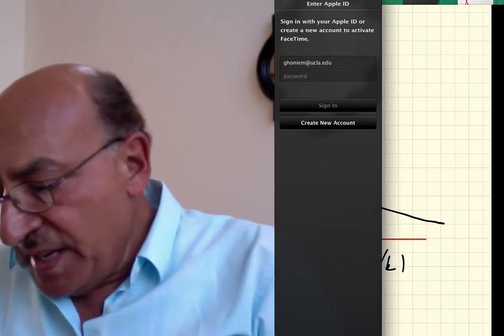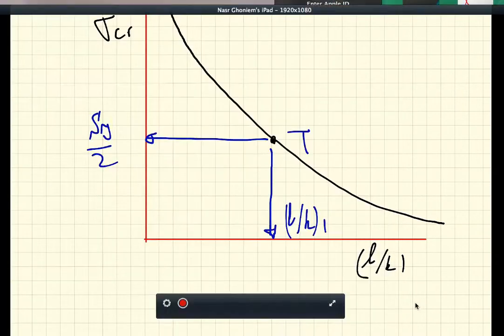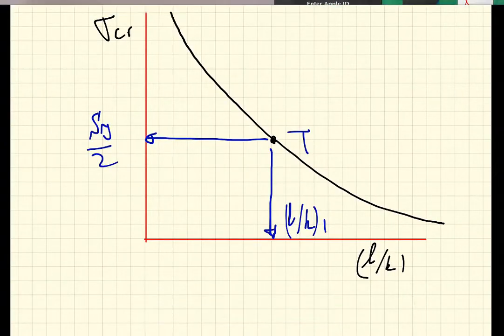We know that at some point here we have the yield point. If this is S yield, then between S yield over 2 and S yield we cannot follow the black curve. Then we introduce another curve that is a parabola, and this parabola is more conservative than the Euler curve. This parabola is called the Johnson parabola,